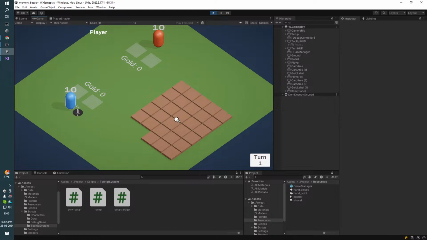Tile will also have some form of tooltip, right? Because we have an idea for tiles also. Like each time you use a tile, the next time it spawns, it increases its level. So tile will also have its own level, and the more the level tile has, the more rare item it will give, right? So currently we have only four items which tile can give, but once we add more items, that is also a cool idea which we'll be doing. So yeah,